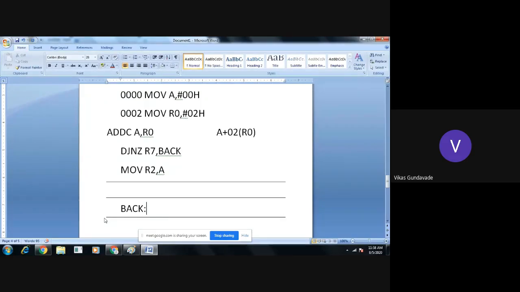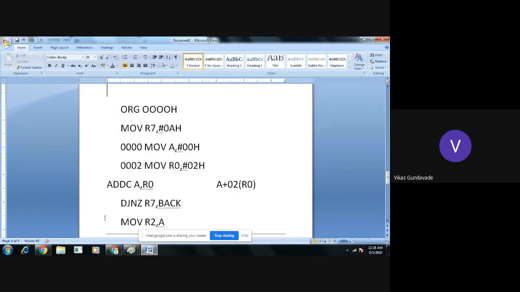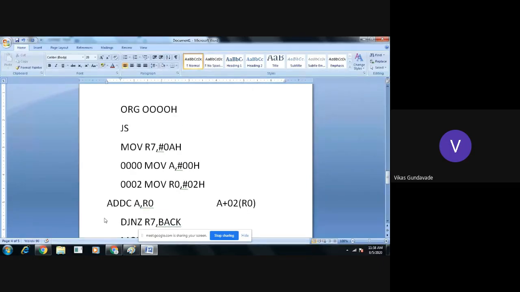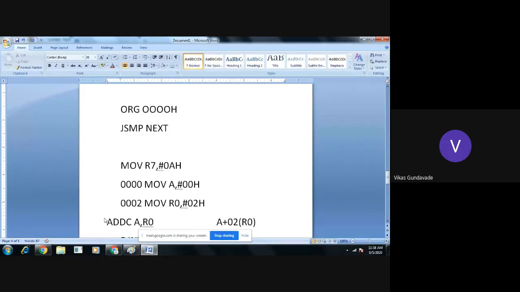For example, for the sake of simplicity, let's say here in this ORG 000H, I will write SJMP to the next location. This is an unconditional jump, right? Now here, after leaving some spaces, if I am writing ORG 1000H, and the program is started, we are providing the label here also.